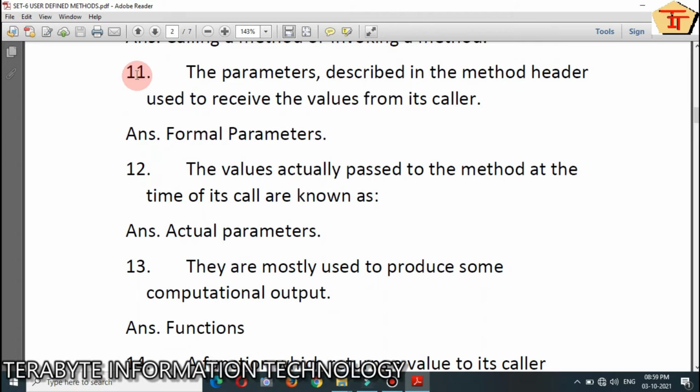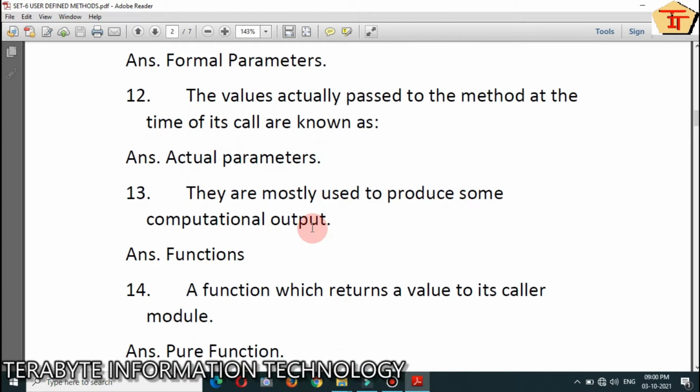Question number 11, the parameters described in the method header used to receive the value from its caller. The answer is formal parameters. Question number 12, the values actually passed to the method at the time of its call are known as. Answer is actual parameters.